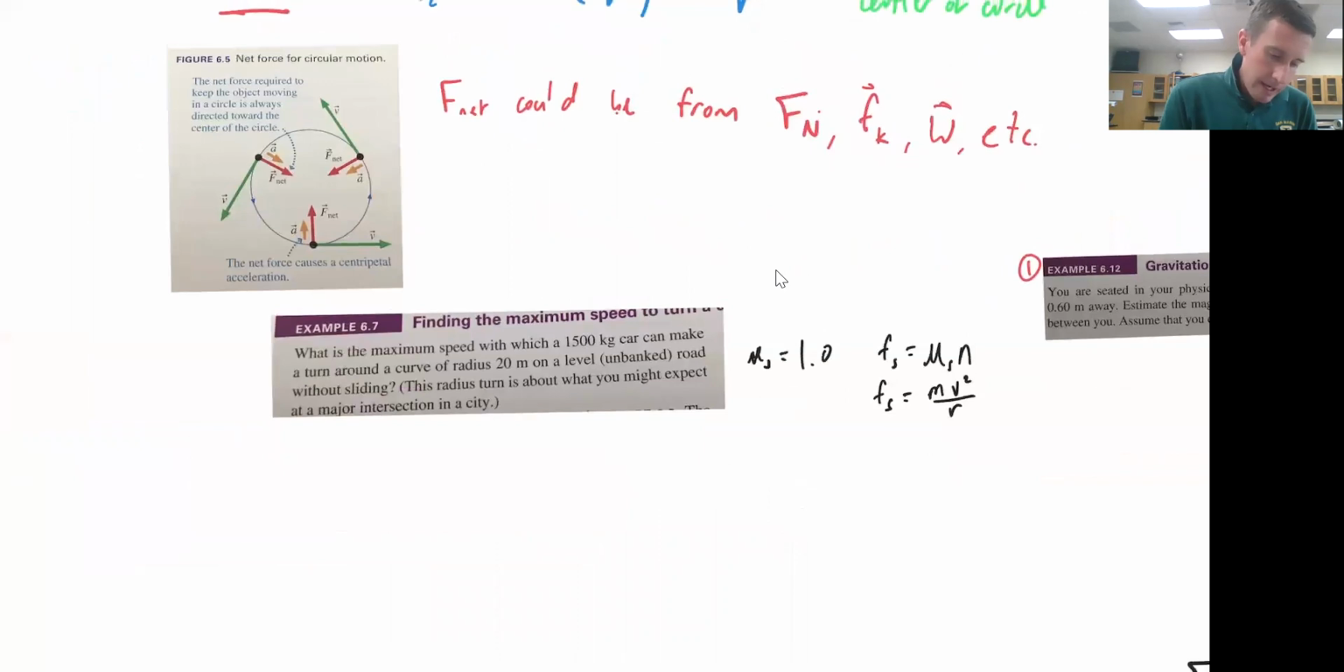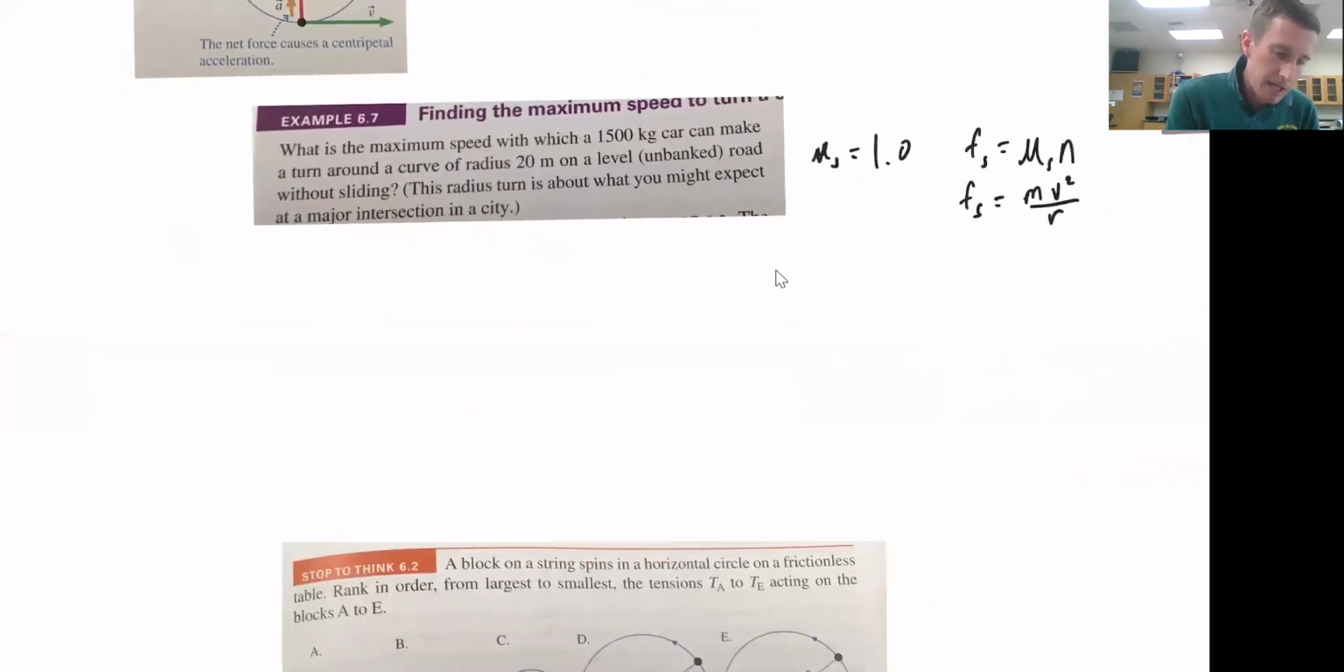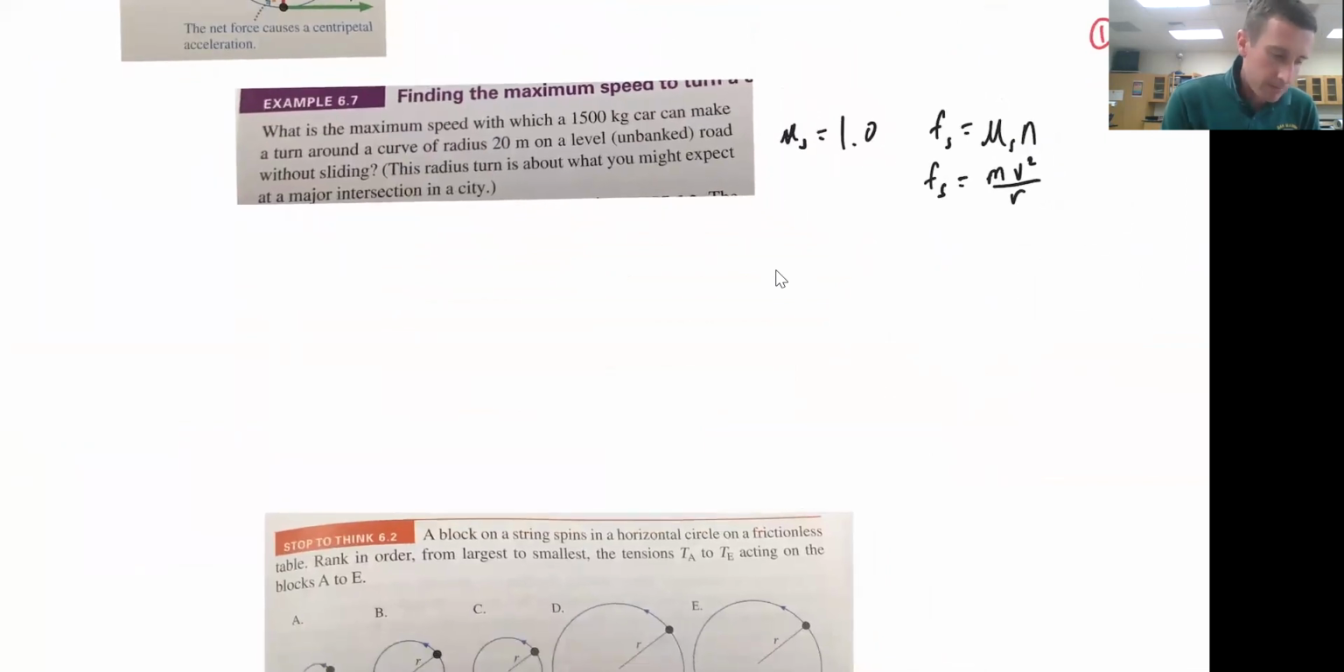All right, so let's do a little sample. Finding the maximum speed to turn a corner. What is the maximum speed with which a 1,500 kilogram car can make a turn around a curve of radius 20 meters on a level, unbanked road without sliding? The turn radius is about what you might expect at a major intersection in a city. So I'm turning a corner, doing a right hand or left hand turn. It doesn't tell me whether it's a right hand or a left hand turn, but